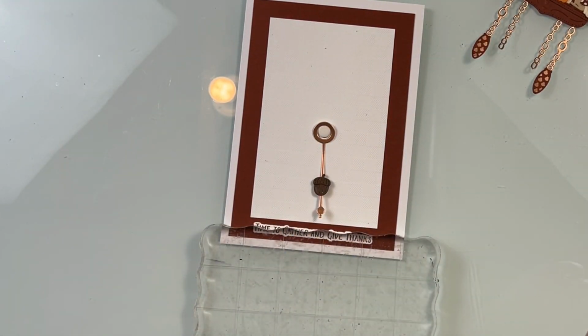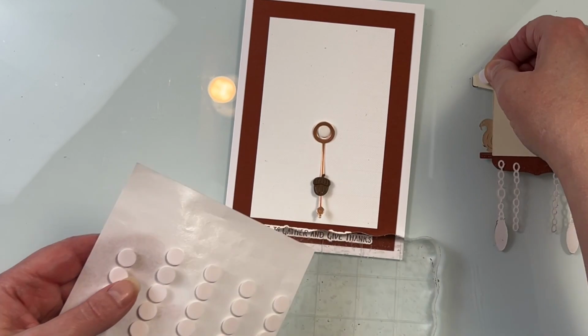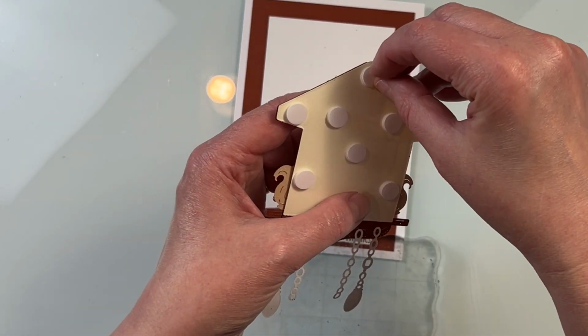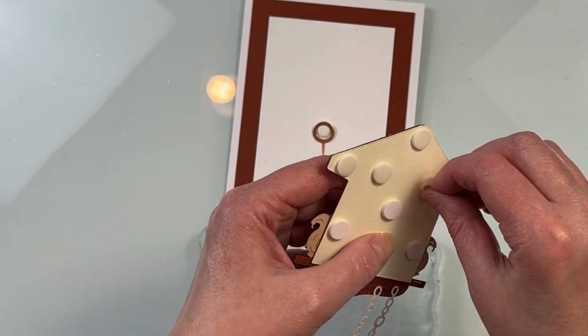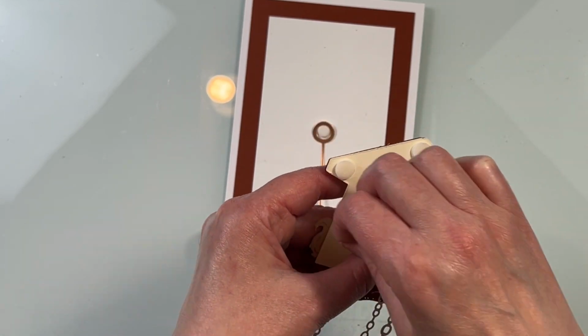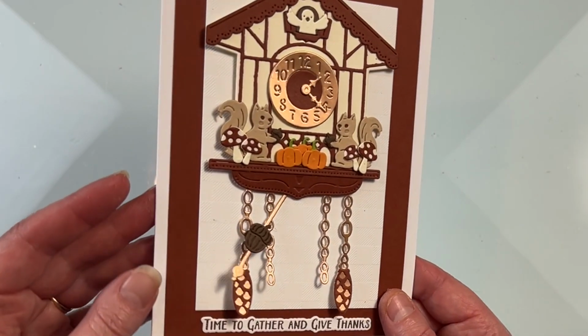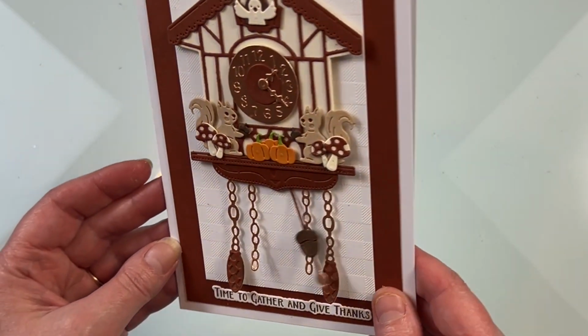You could also use this on a piece of mixed media or on a scrapbook page for something fun, for a little focal point. For the pendulum, you use a foam pop dot for that to swing on, and then foam pop dots for the rest of the Cuckoo clock. And once you've assembled it, that little pendulum at the bottom will rock back and forth, giving you a little